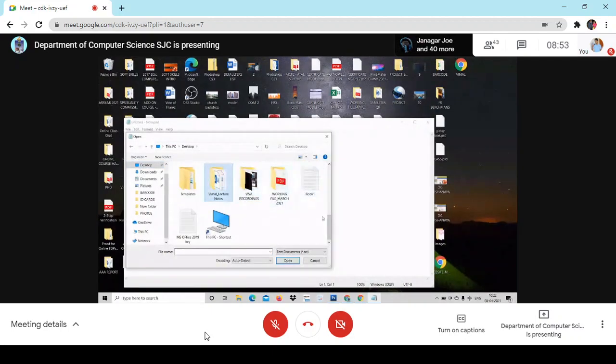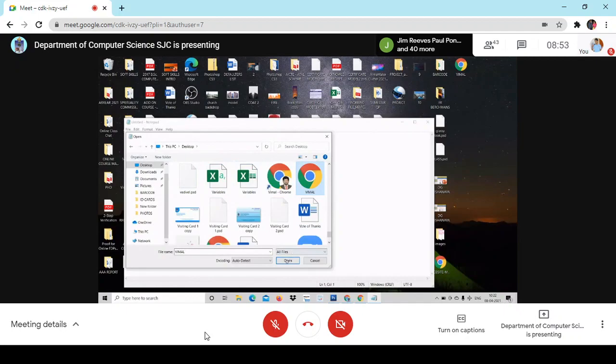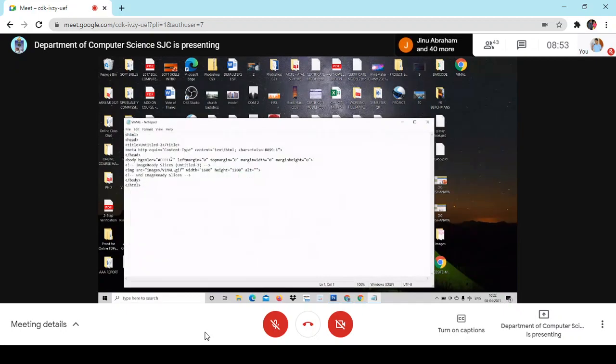There is a file called Vimal. See here. All these things come under this image, right? So we can make modifications if we want text or something like that. We can bring anything here.